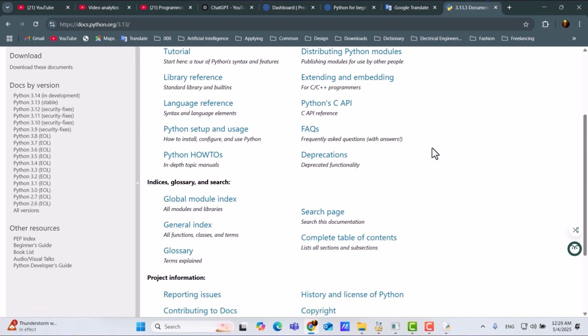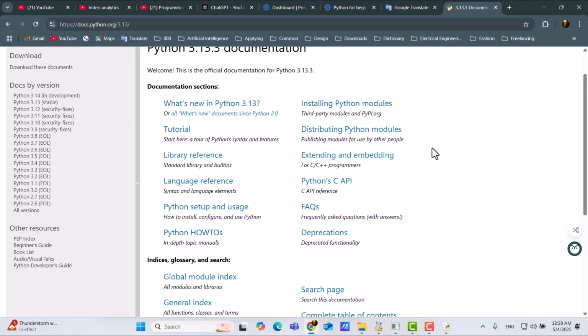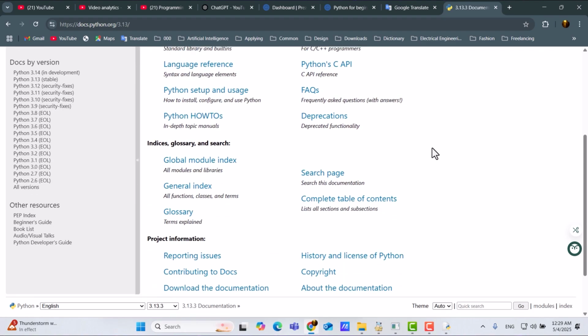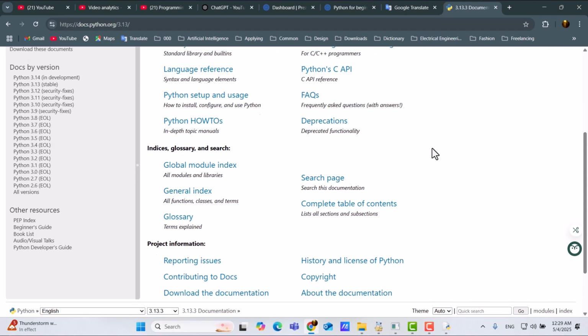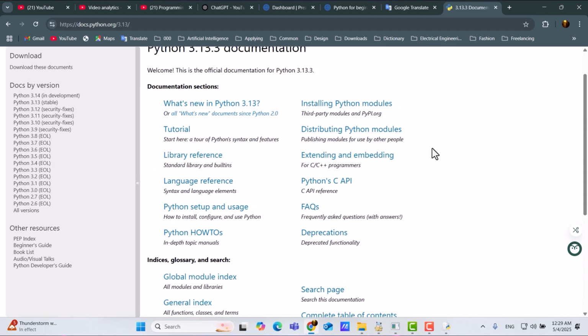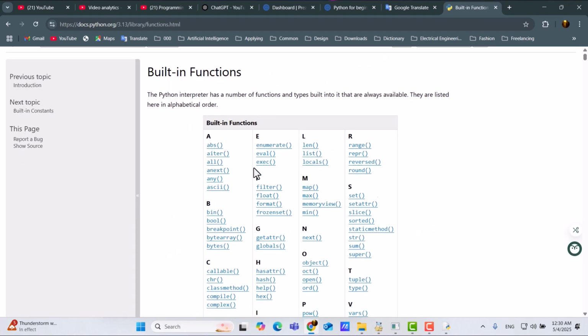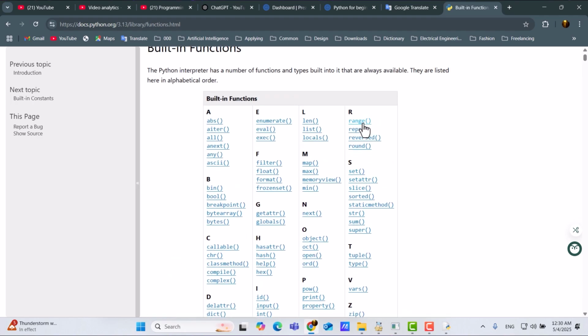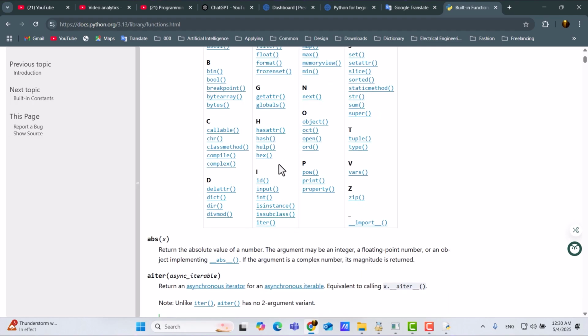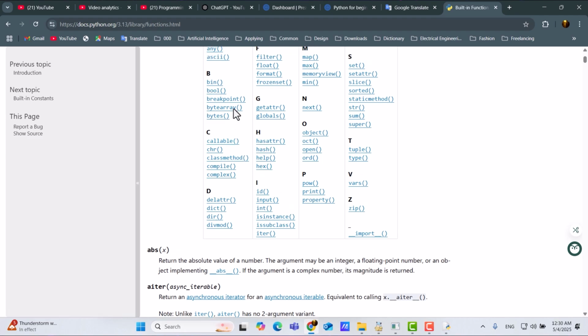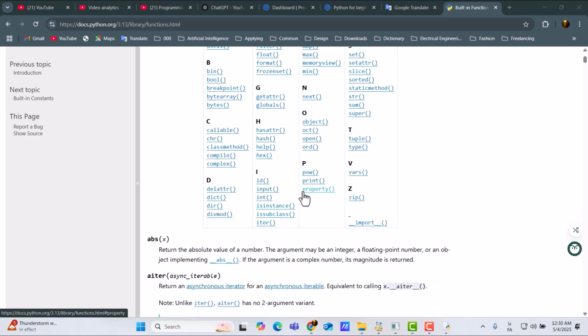Okay, so here we can find the built-in functions. This is the list that you can read about here: input, print, pow, var, zip, tuple, type, and the others. We will work with these over time.